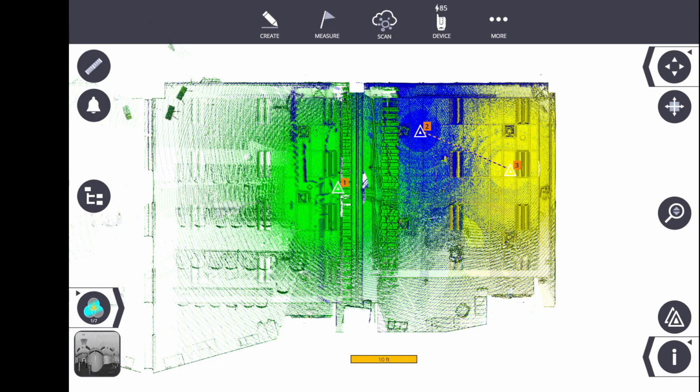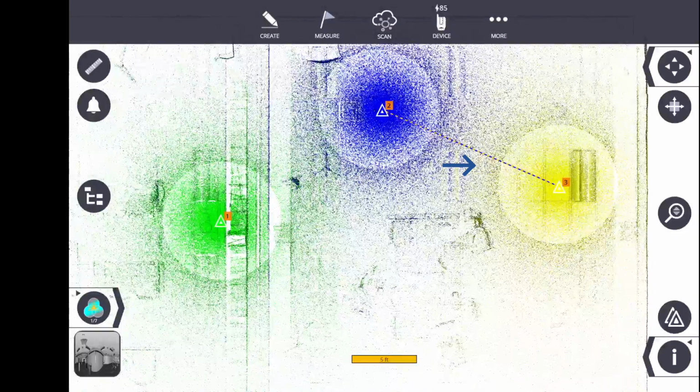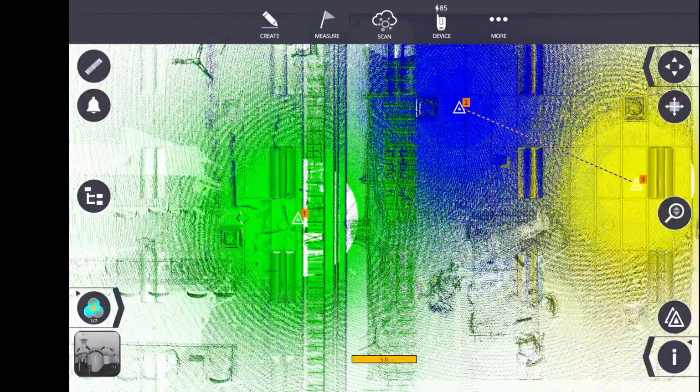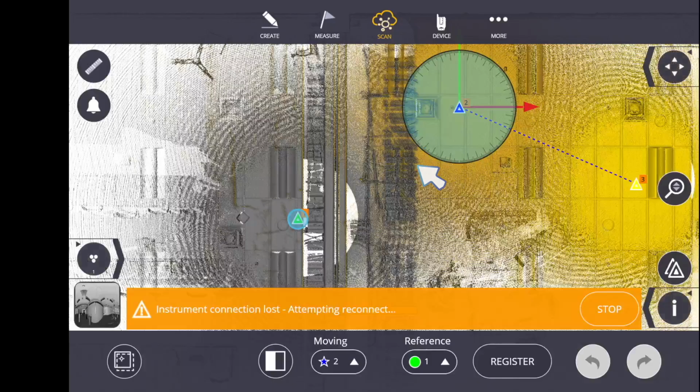Anytime FieldLink doesn't initially think it saw enough overlap between your two scan datas, you may notice a toast that says your registration failed. So unlike scans 2 and 3, which have that dotted line between them, right now scans 1 and 2 do not have a registration. The easiest way to fix that is under scan in the top ribbon, and